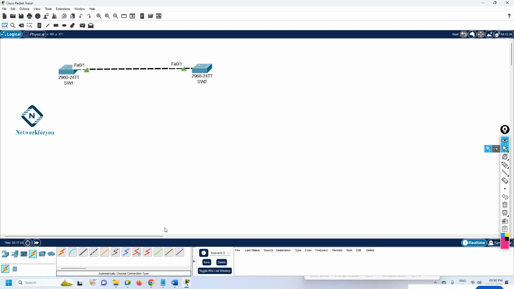And what is a native VLAN? If anyone asks, you can say it in your own words. Native VLAN: if any frame is received without a VLAN tag, then it is assumed to belong to the native VLAN. So all the native VLAN traffic is untagged. You can define it in your own words like this. No doubts, right? Okay, so this concept